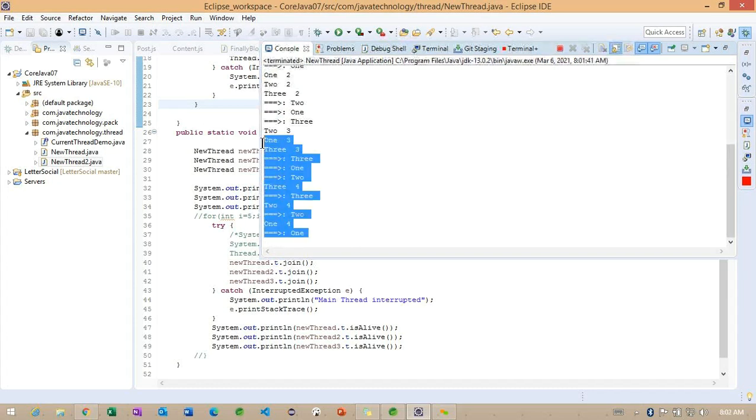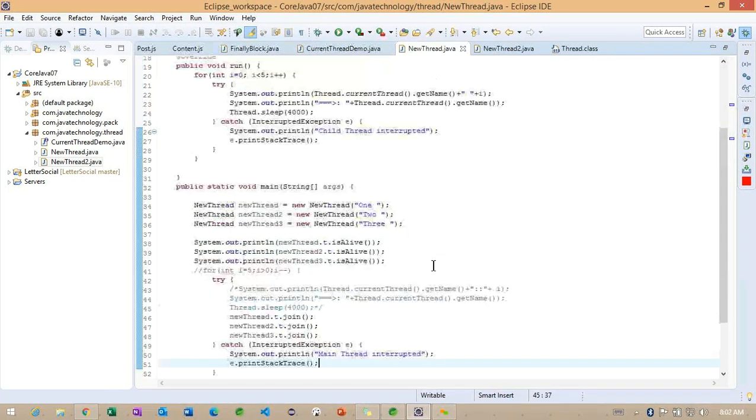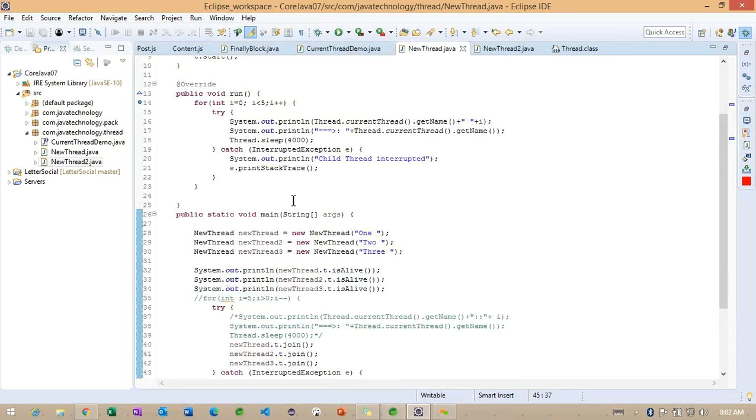Internally, all the threads are executing simultaneously. The run method is here. Now you can observe that the last one we are getting is false. Why are we getting false at the end? Because by using the join method, we are terminating each thread here.